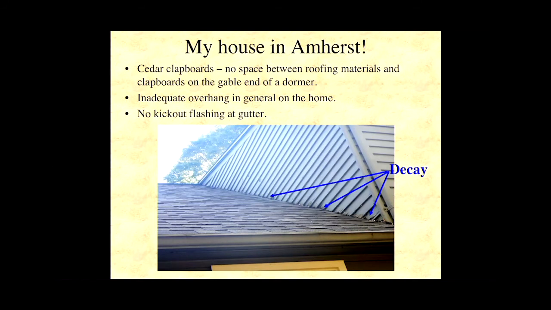These are actually new clapboards, and some contractor came in and put in a new roof long before we had the house, probably about 5 years ago. And they also put clapboards in, and they didn't leave a space right here so that you can see the flashing. And that means water is going to come down here, it's going to wick into the ends of the clapboards, and it's going to decay. So, 5 years old, maybe, I'm not sure, and we already have to replace the clapboards. Terrible. You need to avoid that.